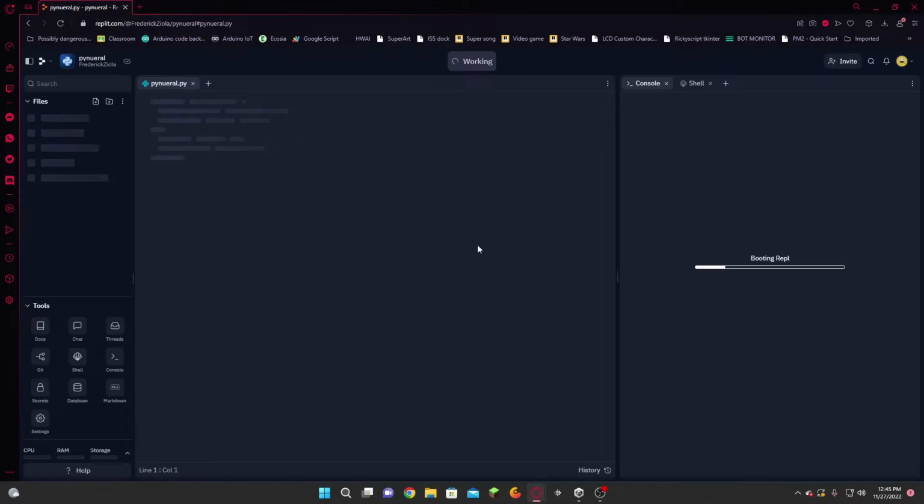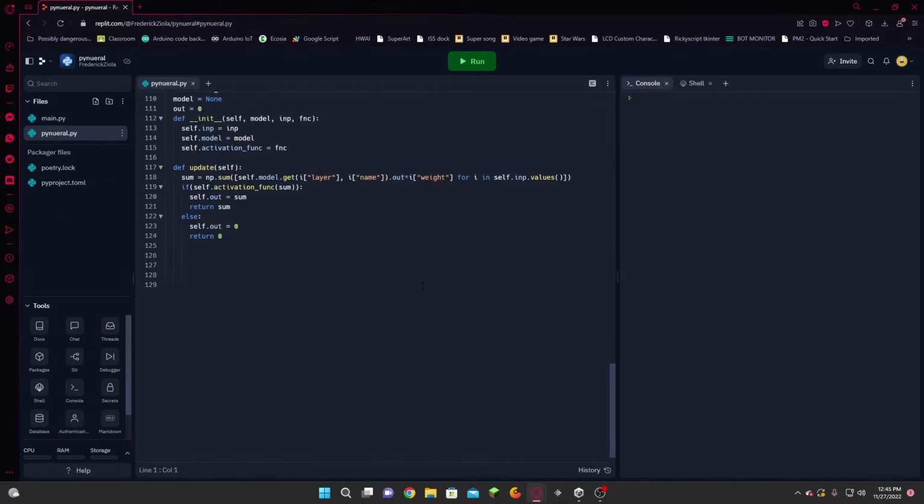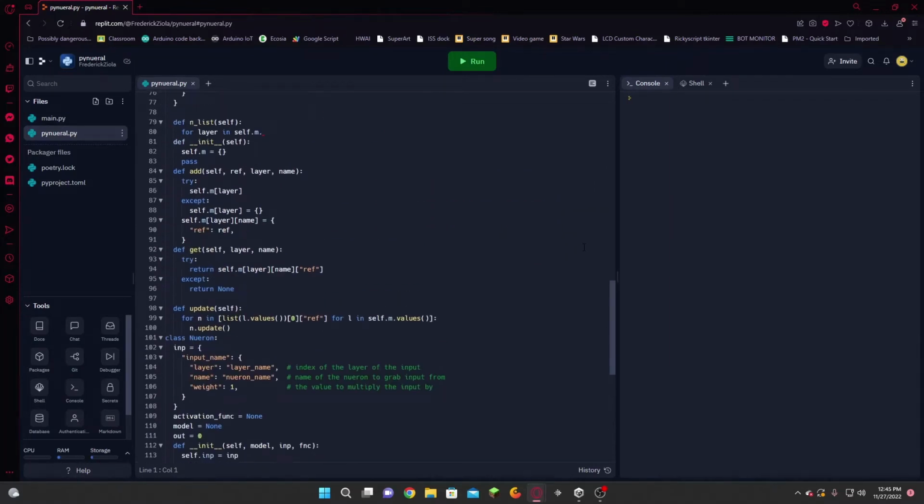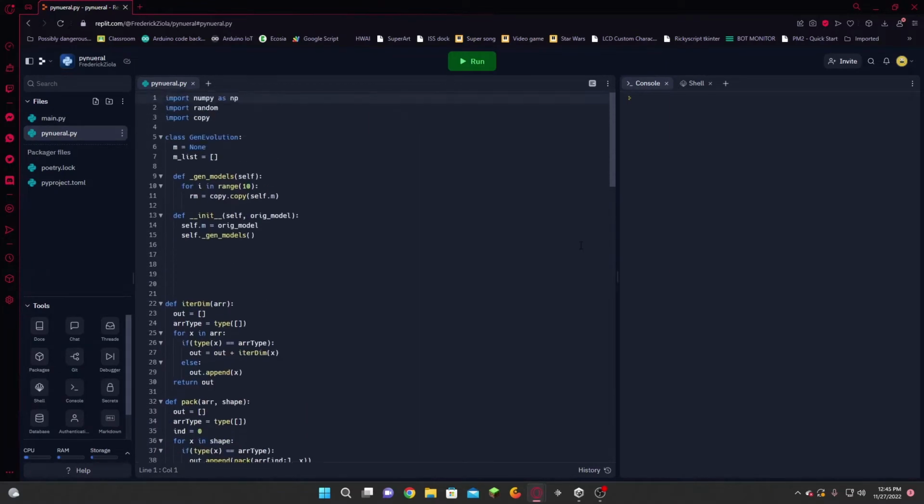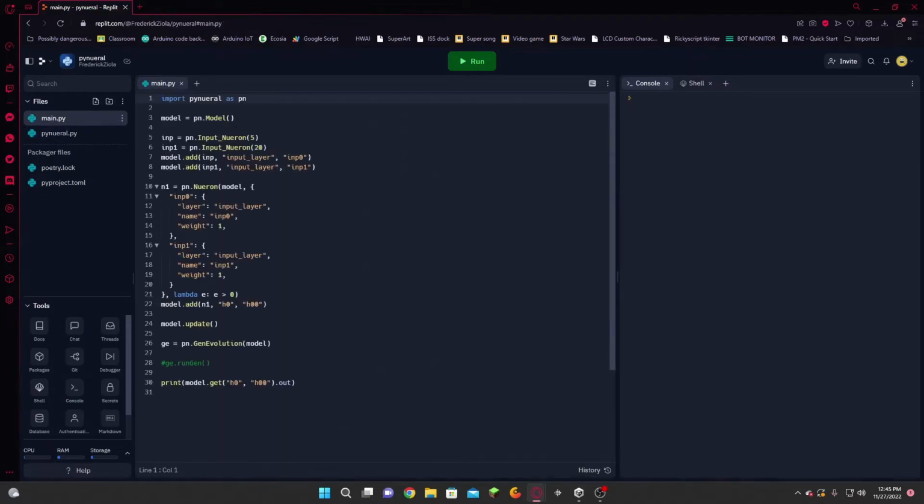Onto PyNeural. Now this is a neural network Python library that I am working on that I just need to completely start over because it's horrible. I didn't have a great understanding of how neural networks actually work, but you see